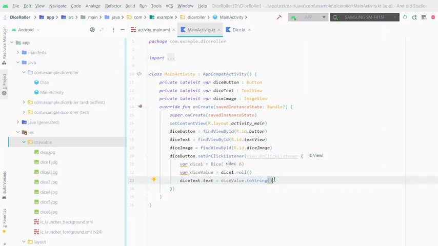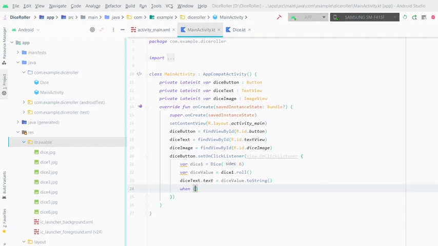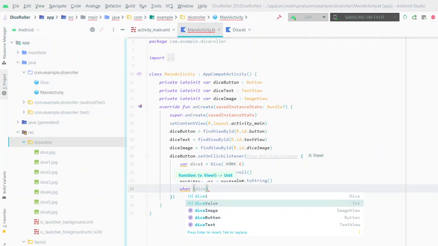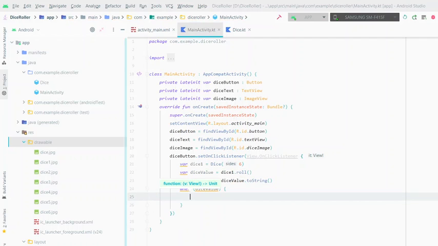Now we're going to see a conditional statement. We have conditional statements like if and else if, right? In Kotlin we have another conditional statement, when. When is also a conditional statement in Kotlin. You can use it this way. It's the same as a switch case. You take the dice value, and when the dice value is 1,